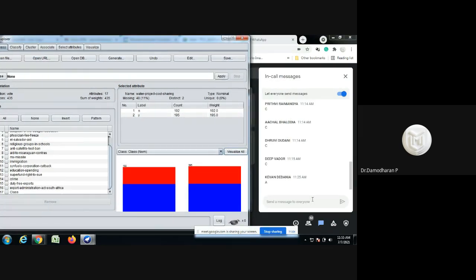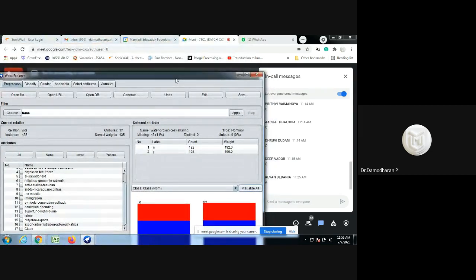I request every student to install the WEKA tool, install Java, and try to work with this experiment. In this regard, I'll be creating a Google Classroom laboratory separately. I will load the link for Java and the link for the WEKA tool. You want to install that on your system from the next lecture onwards. Once I complete this experiment, I will ask you to do it by yourself and share your screen. Those who share the screen will get the attendance. Others will not get the attendance. By the end of the day, it will be posted.